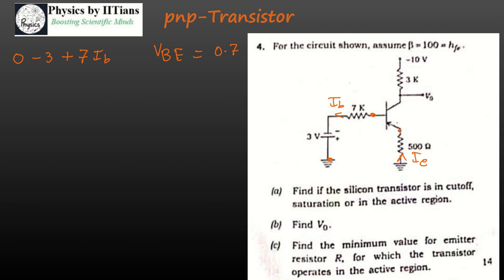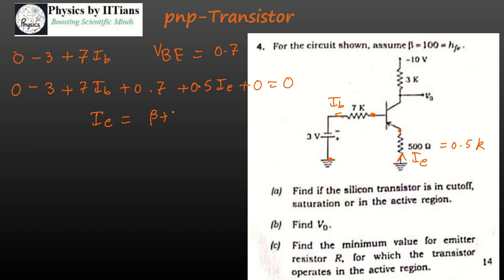So let me write this equation again here. So this is 0 minus 3 plus 7 IB plus 0.7 for this junction. Then we are at a 500 ohm resistance, so you can write the 500 ohm as 0.5 kilo ohms. So it will be 0.5 IE, and then you go back to the ground, so it is 0, and that should all be equal to 0. Now using the relation that IE, the emitter current, is nothing but beta plus 1 times IB. Beta is 100, that is